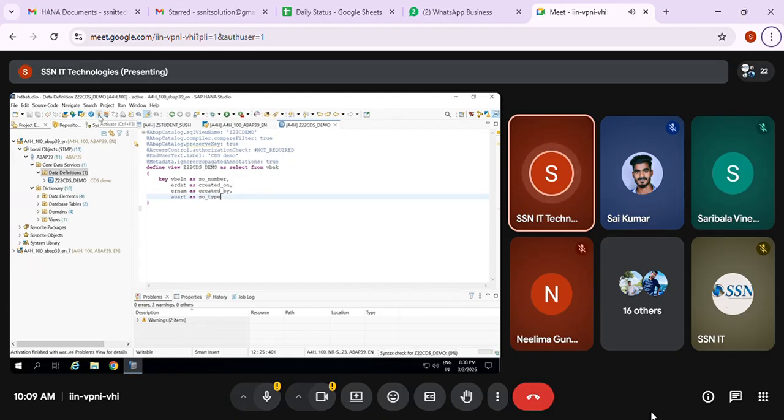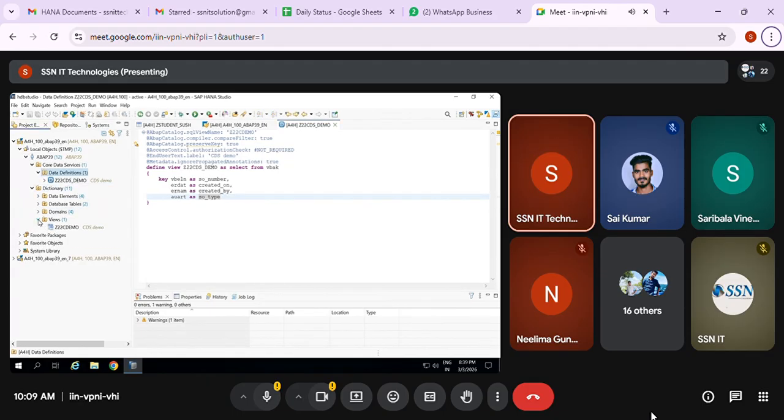I quickly created it because this server is different. I'm just creating one more time. Activation finished. You can see here under core data services, data definitions, it created this view. And in the dictionary also, if you go to the views, see Z22C demo, this is one more view got created in S11. This is what we discussed in the last class also. Now I showed it one more time. Clear, ma'am? In this server, it is the same, I'm just showing. Clear?